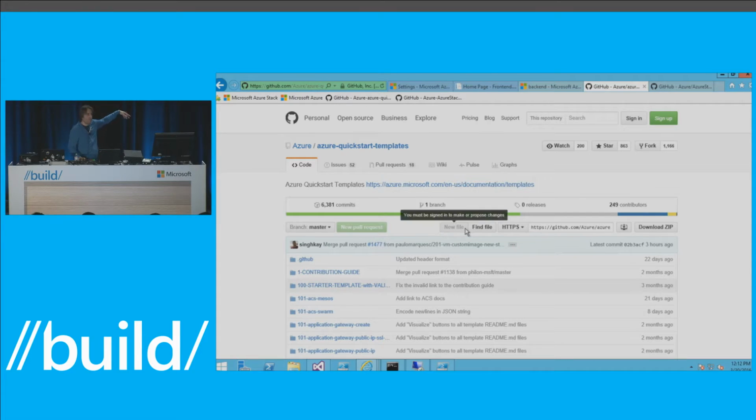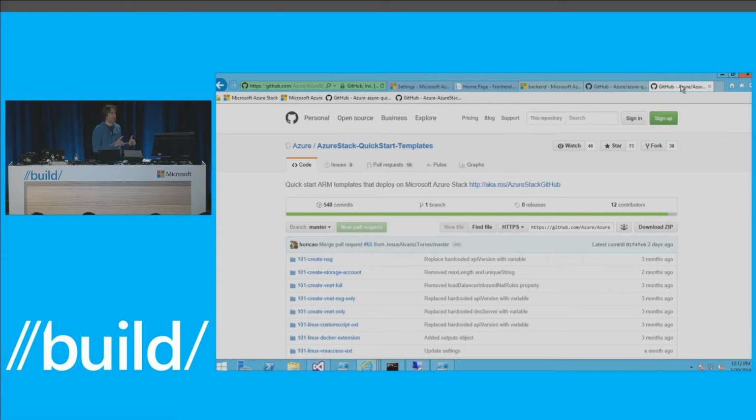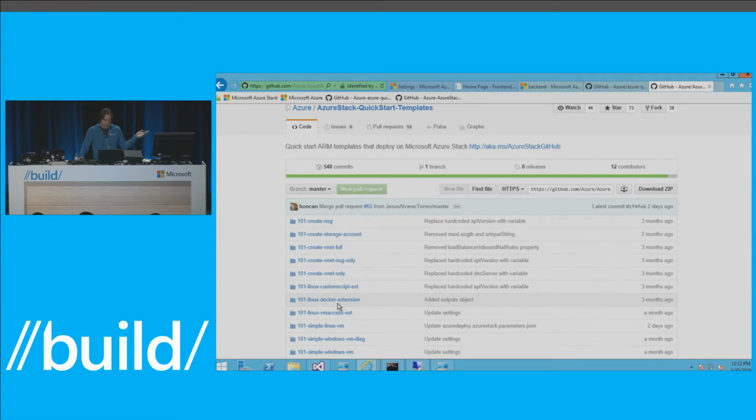So there's Azure GitHub. There's a lot of templates in Azure GitHub that you can start with, right, for Azure. We actually have Azure Stack GitHub as well. What it is basically is a snapshot of Azure with a subset, because not all applications can deploy right now to Azure Stack. So this is a subset. You can do things like deploy Linux with Docker.